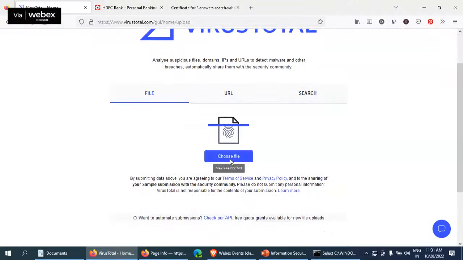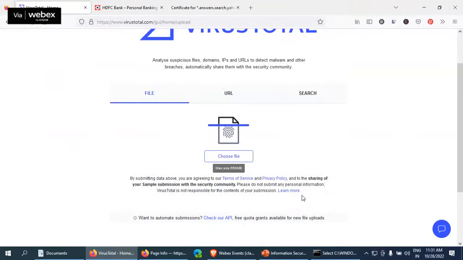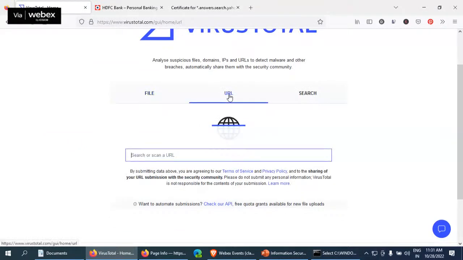Just upload the file and you will get the result whether the file is secure or not. If you have a phishing URL, just paste the URL and it will let you know whether the URL is fake or original.